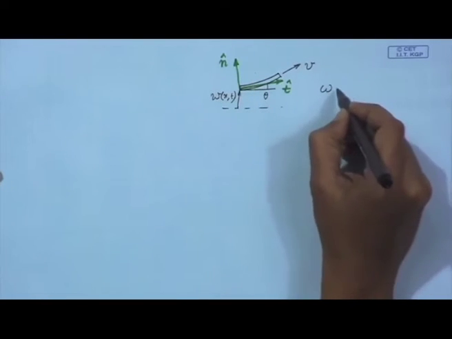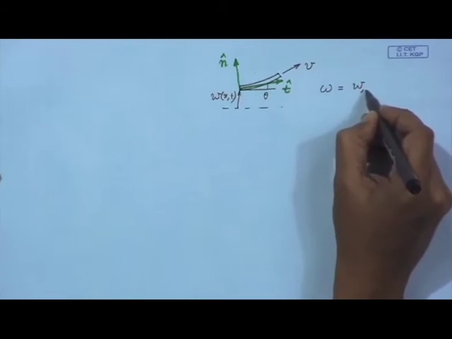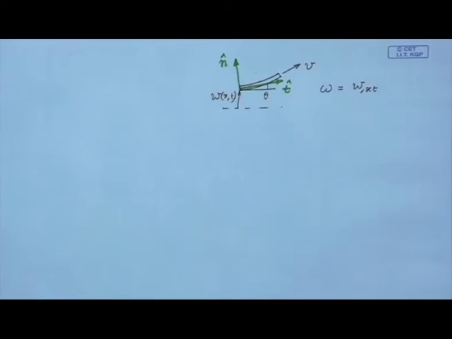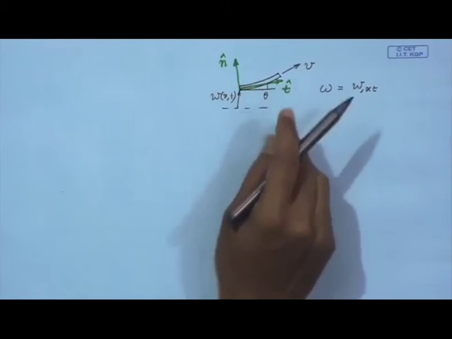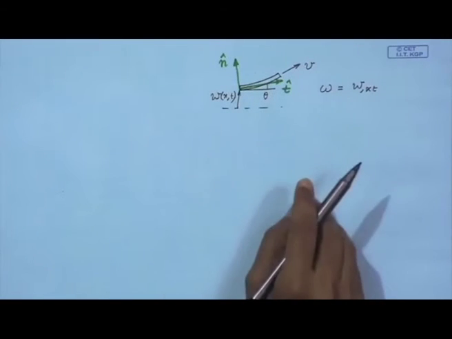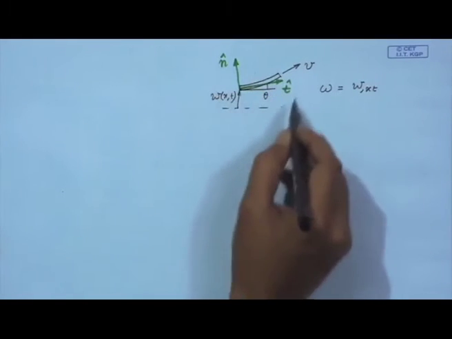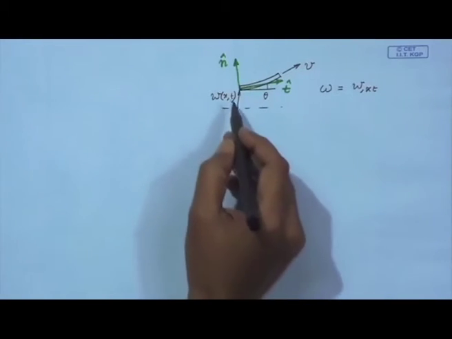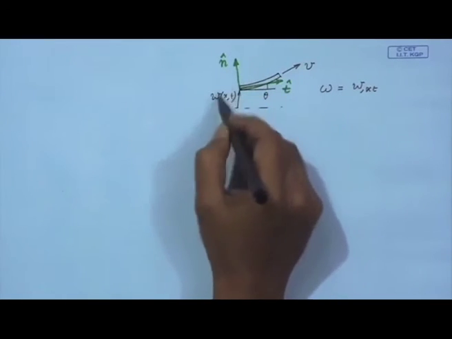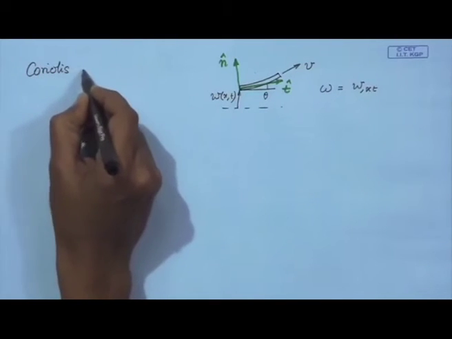So, the angular velocity of this frame, let us say omega, can be written approximately as w x t. So, it is del square w del x del t. So, del w del x is nothing but this angle, and rate of change of angle gives us the angular velocity. So, when we derive the equation of motion from the Newtonian approach, we must consider this motion of this element in a rotating frame. So, we have this Coriolis acceleration,